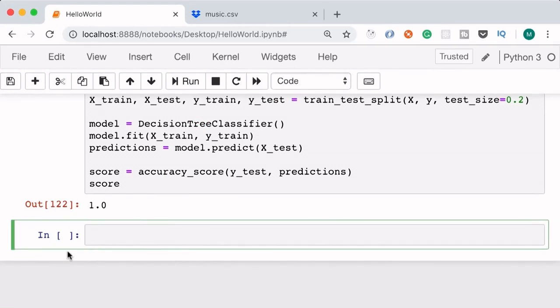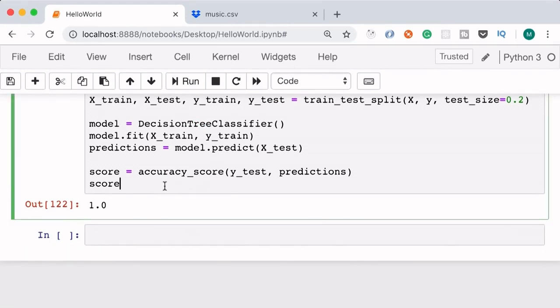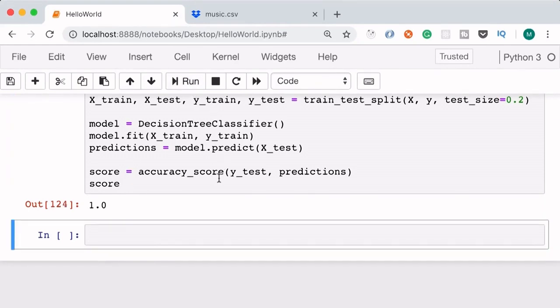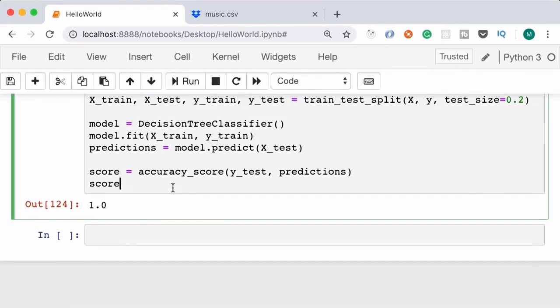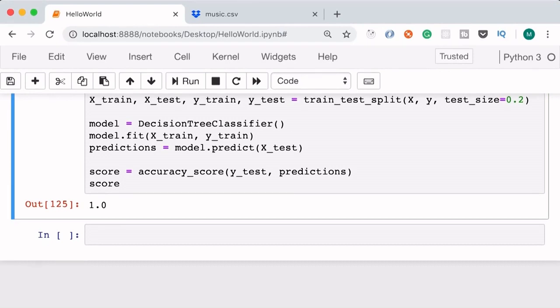So if you want to run our first cell multiple times, every time we have to click this and then run it and then click again and run it. It's a little bit tedious. So I'll show you a shortcut. Activate the first cell and press Control and Enter. This runs the current cell without adding a new cell below it. So back here, let's run it multiple times. Okay, now look, the accuracy dropped to 0.75. It's still good, so the accuracy score here is somewhere between 75% to 100%.